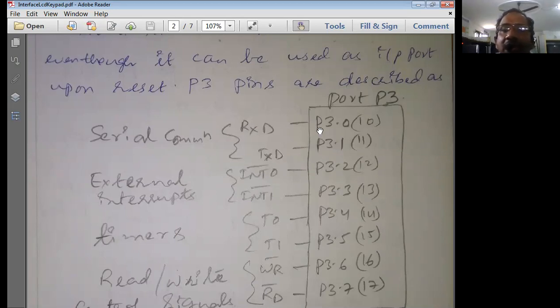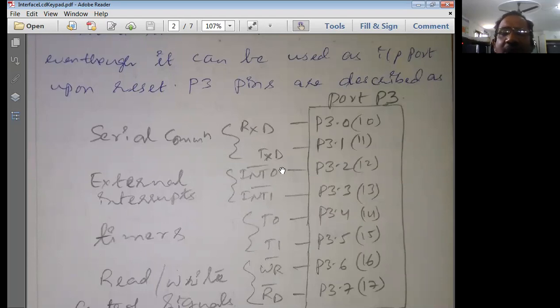So P3.0 is used for RxD. You should not interchange RxD with TxD, because P3.0 is going to perform only as RxD and P3.1 is going to perform only as TxD. Similarly, P3.2 and P3.3 are used for interrupt 0 and interrupt 1.